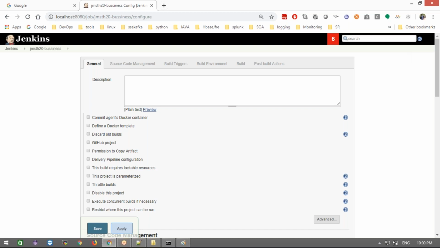Now we run the 3 jobs, right? If you want to see the output, what do you do? I need to go to the particular job and see the output. Now my manager is saying I don't want to see it that way. I want to see all 3 in one dashboard. How do we configure that? Got the requirement or not?